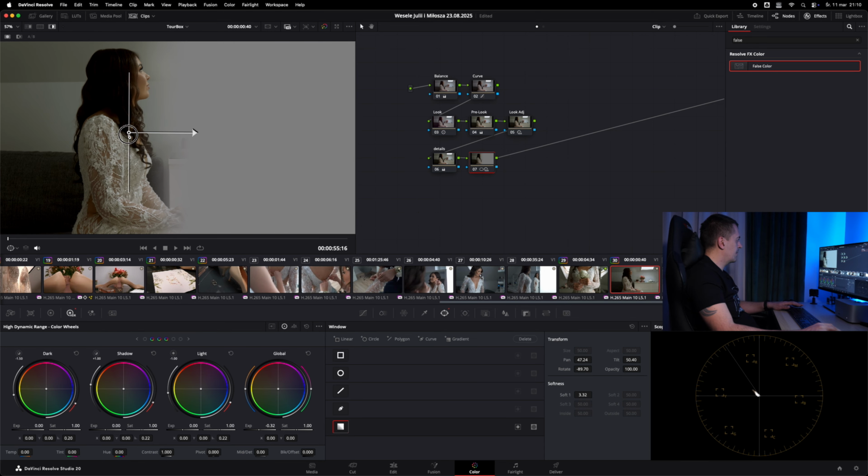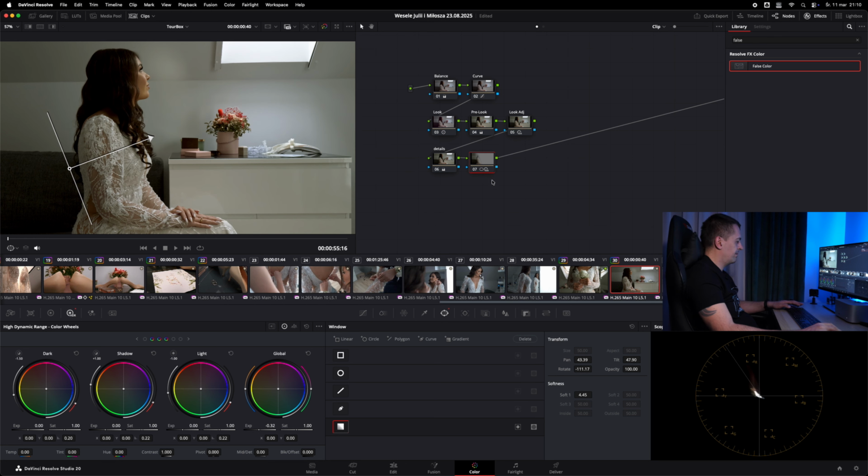So we will change that and move it like this. And I want her face to be not affected. Maybe a little part of her also. Yeah, that's it. And now let's check. You see what's happening here? We have perfect shadow. Here everything stays in light. Look.